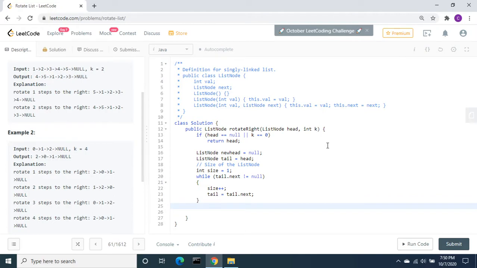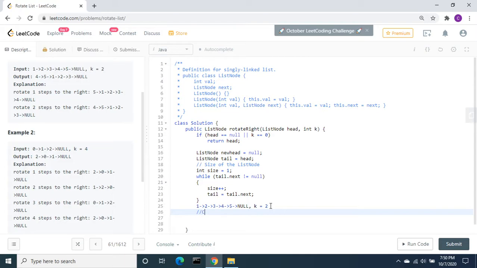Next, let me take this example. We loop through up to this, then after this I'm going to assign the same head to point to, instead of null. I'm going to point to the head so that it will be a circular linked list.